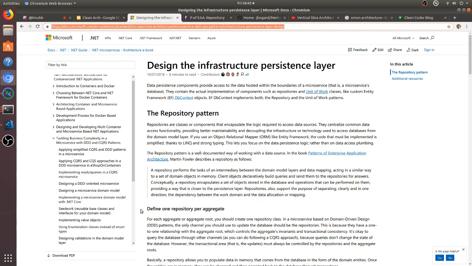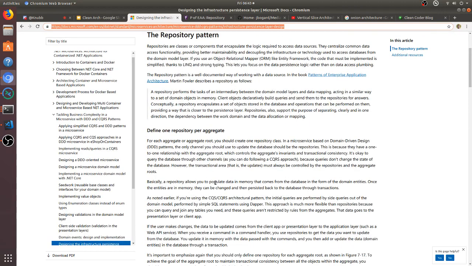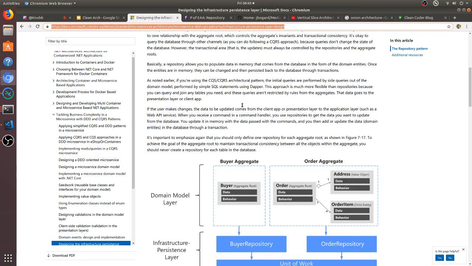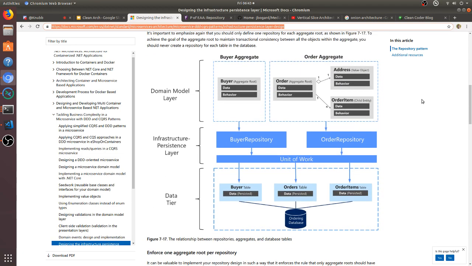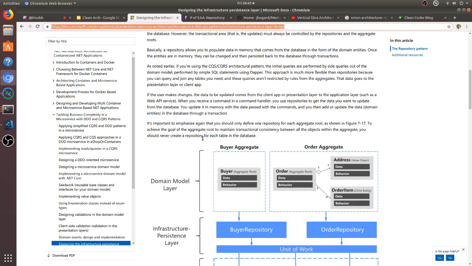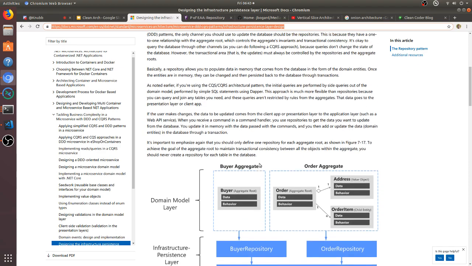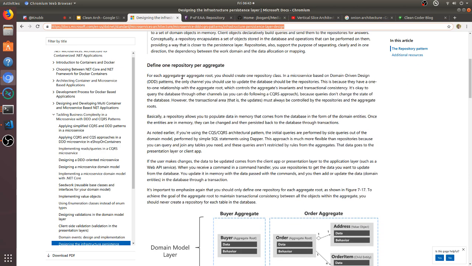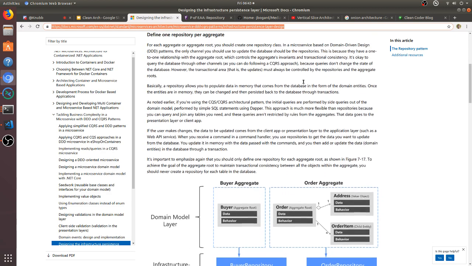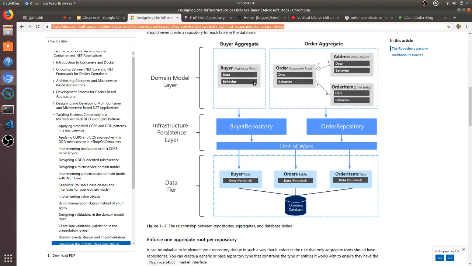And actually, this is basically saying that your DB context is your repository. And they have some interesting points here, which is, again, there's a repository per aggregate root. For each aggregate root, you should create one repository class in our Microservice based on domain-driven design patterns. It kind of comes down to the way they define repository, but basically they're saying the repository is the DB context